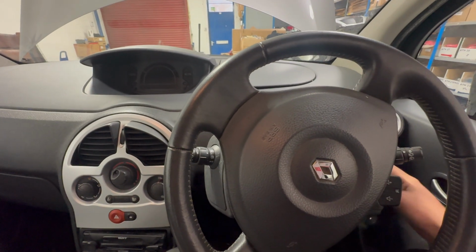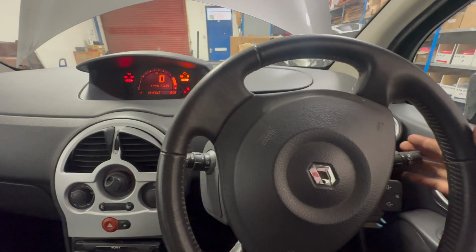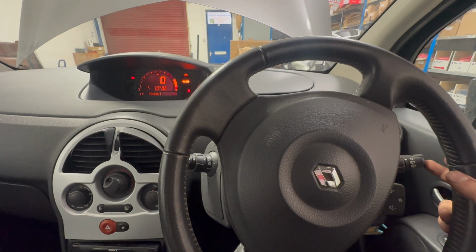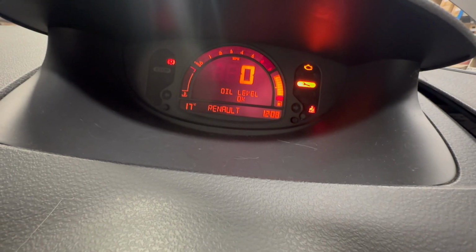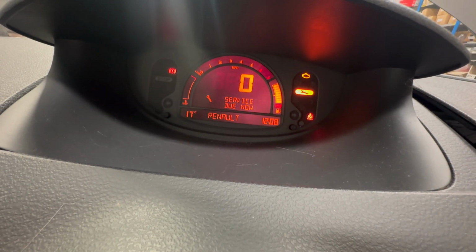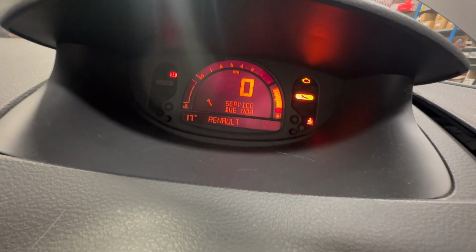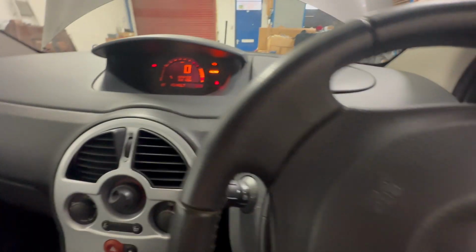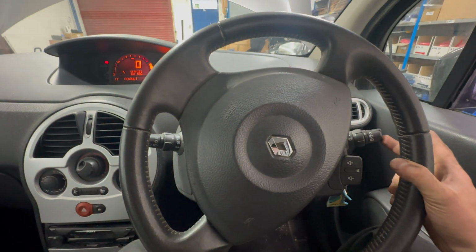To reset the service light on the Renault Modus, turn the ignition on and flick through until the service is showing on the dashboard. Now, depending on how many miles it is until the next service is due, this message may be slightly different, but obviously this one says service due now. Once you've got it on service due now, hold the bottom button for 10 seconds